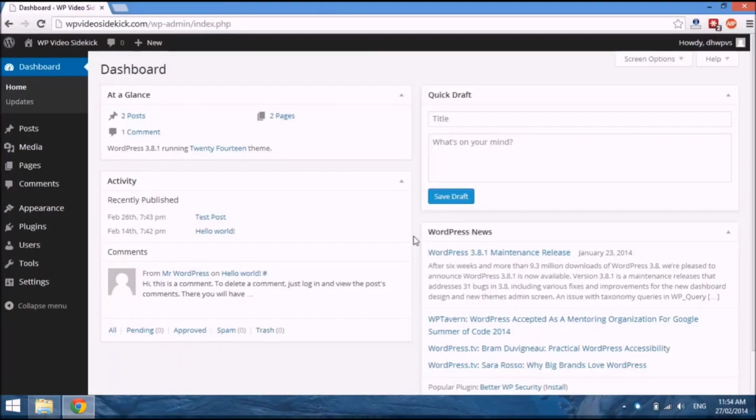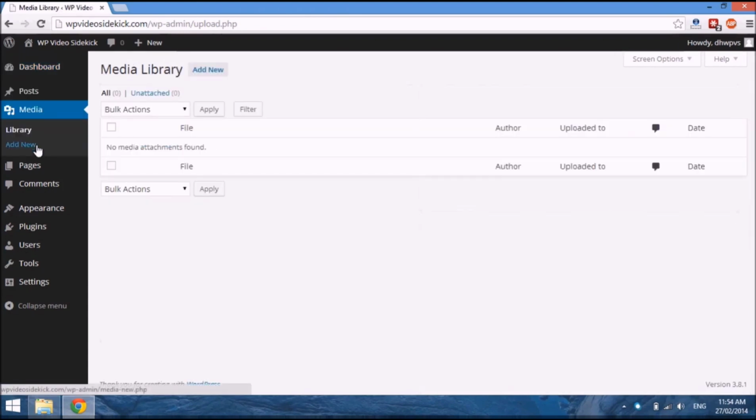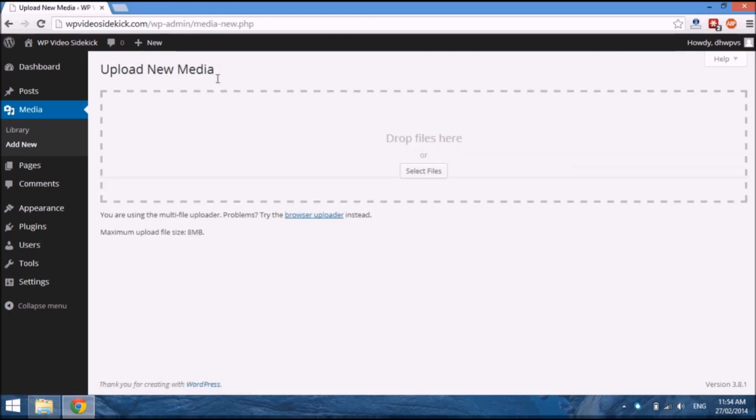In this video, we'll take a look at how we can add media to our posts and pages. And the first thing I want to do is introduce you to our media library. And of course, there's nothing in there because we haven't added any media, so we're just going to select Add New. And what the media library does is it stores all media that you upload directly to your WordPress site, and